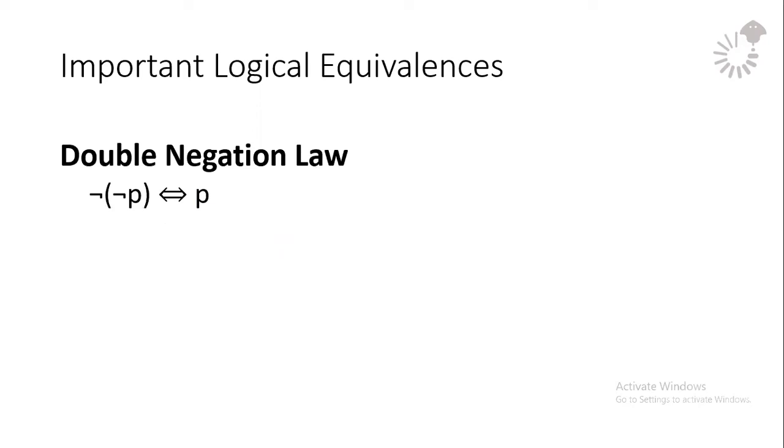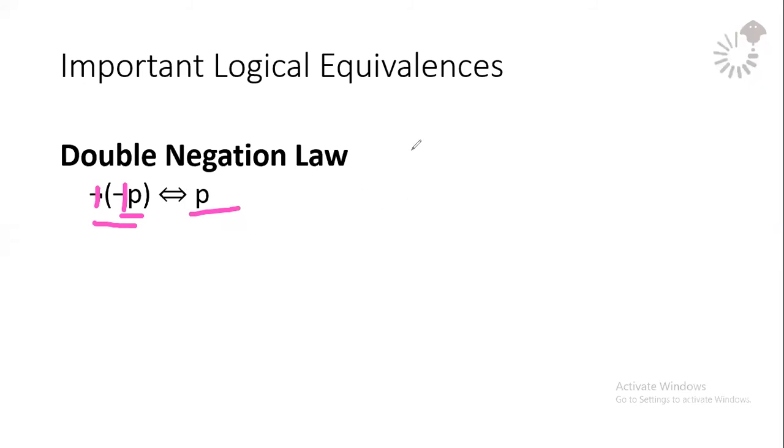Next, double negation. For double negation, if you are negating the value of the statement and then you negate it again, you have two negatives, two nots, that is double negation. With double negation, just cancel the negatives, and that is also the answer, it is equivalent to itself. Just remove the negatives. So negative and negative will be positive.